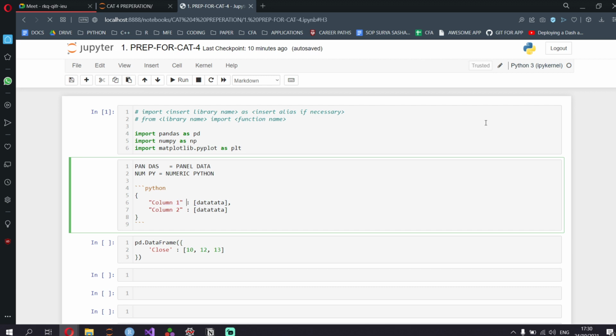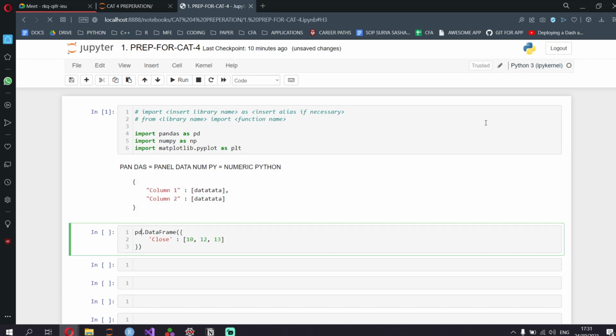In pandas, the key is the name of the column, and the value, which is hopefully always a list, will be the data, each row. Another thing it does is when you create a data frame, you need to make sure that this data has the same length as this data, or else there will either be missing values or it will raise an issue.